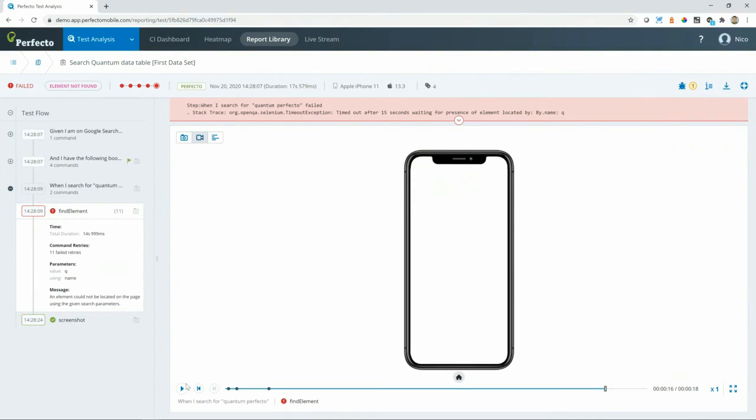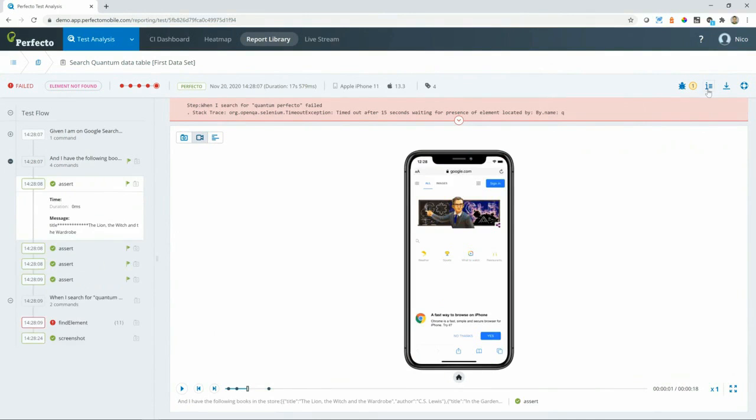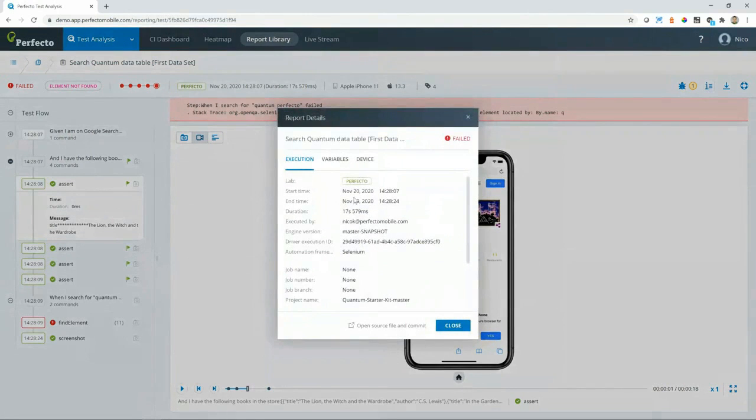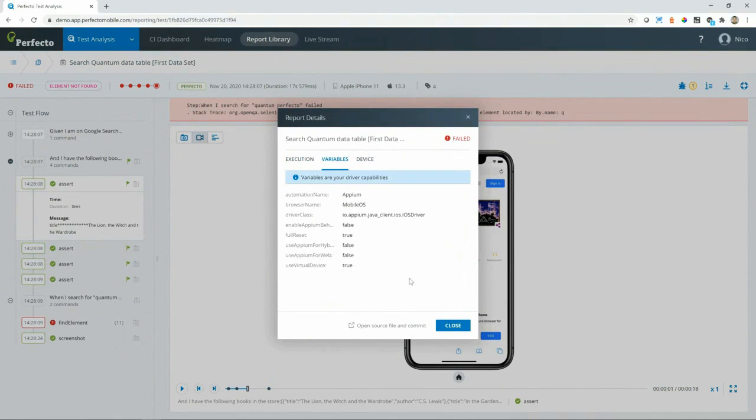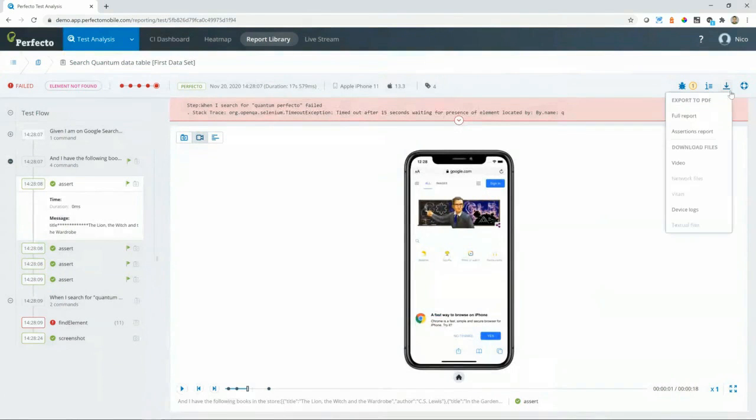Now, of course, around this test, I also want some information. So I want to know things about the environment that it executed on. So this was a Selenium script, as you can see. I want to see how long it executed. I want to see any variables or the information about the device. I can also link any of my code commits to this. So if I actually found a bug and I fixed it, I can link my code commit to this defect or bug. We also allow you to get the information or assets that will help you understand how to